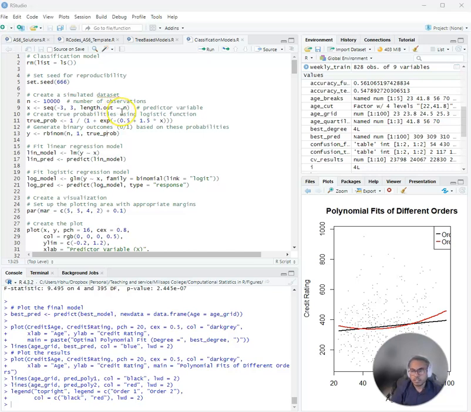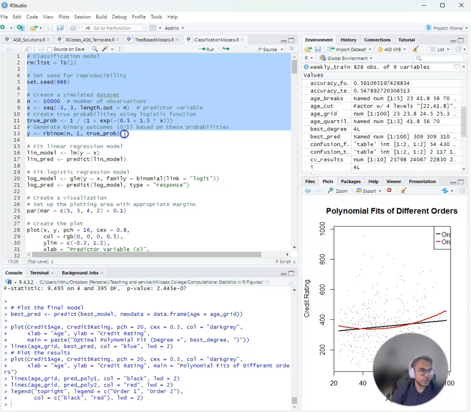Hello everyone. In this video, I'm going to walk you through some of the R code that shows you how to do logistic regressions. I hope this script will help you understand how this regression works, especially in an empirical setting, and how to do some of the basic and most essential computing when it comes to logistic regression. So let's start by looking at the first part of the code